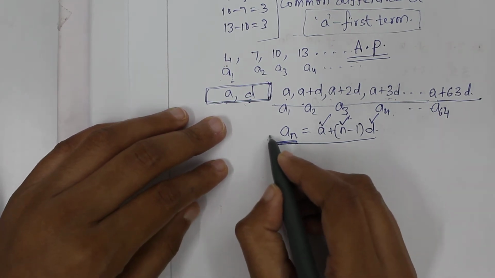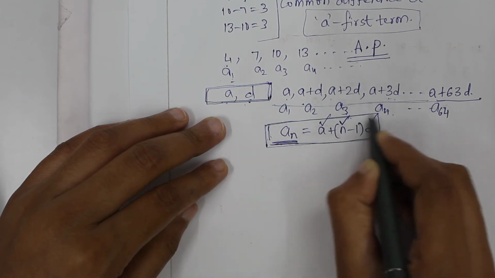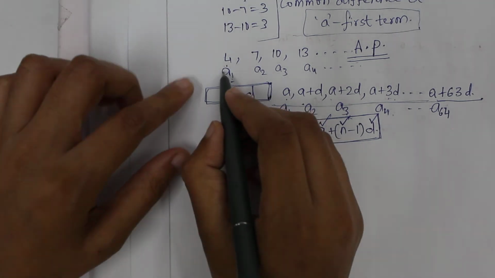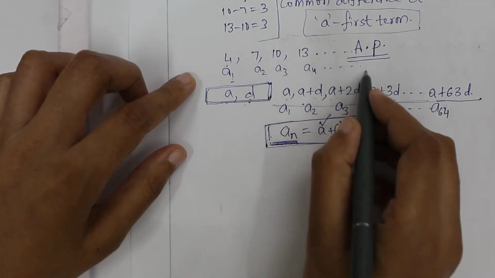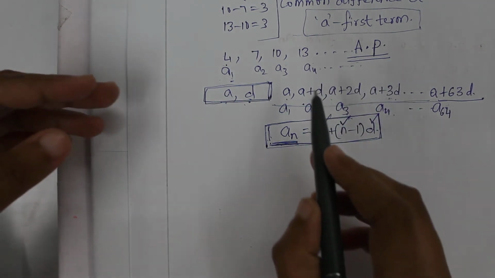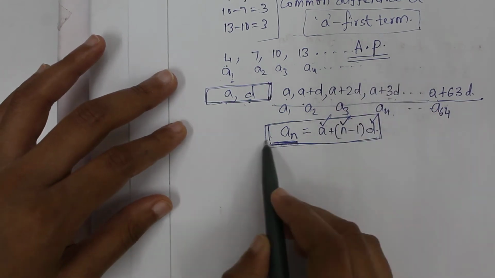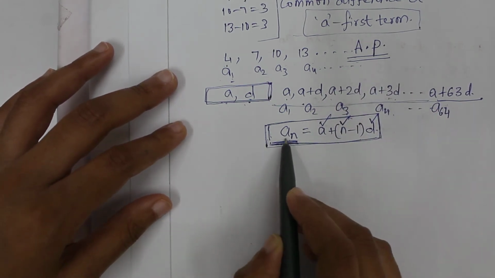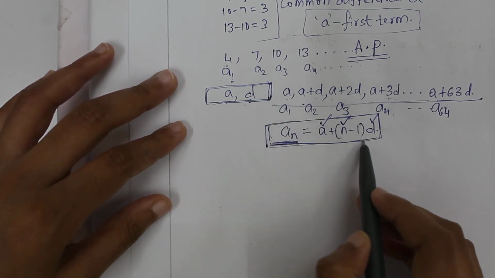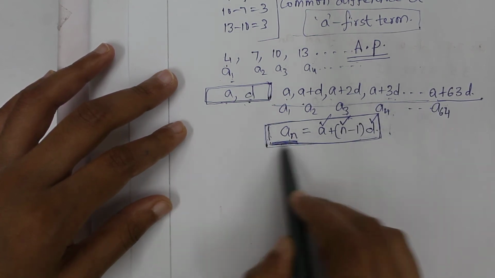So what is the use of this formula? We can use this formula in a lot of places. For example, take this series itself, 4, 7, 10, 13 and so on. I want to find out the 100th term in this series. We can't keep calculating all the 99 terms to get the 100th term, right? Instead, we can use this formula to calculate A100. A100 is equal to 4 plus 100 minus 1 into D, which is 3. So this is the formula we can use to calculate the 100th term quickly.